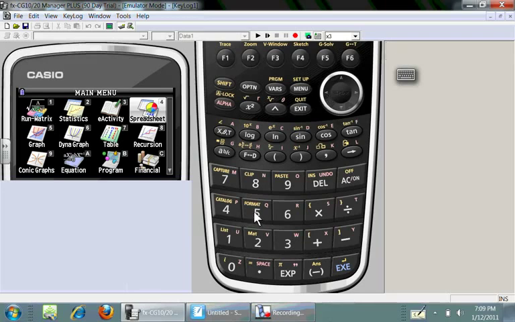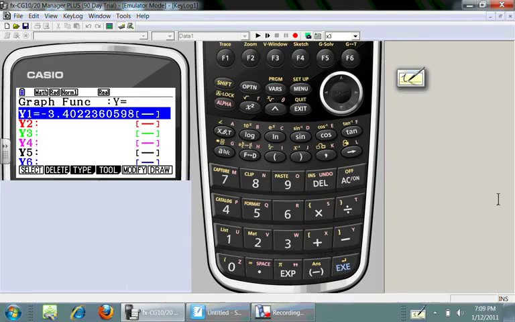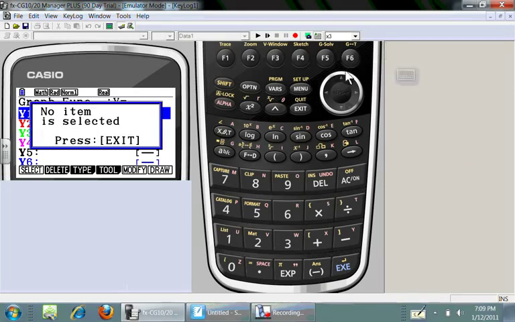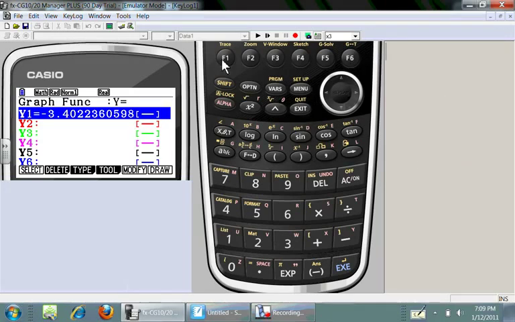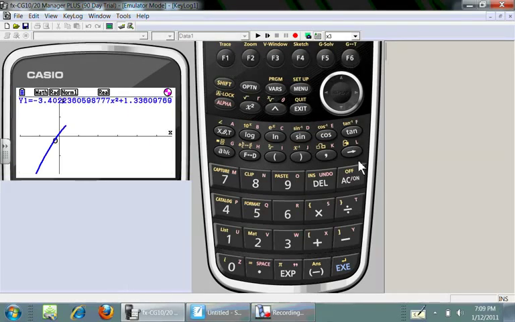This time I'm going to press the number 5 to go to the graph menu. This is a full color graphing calculator, so it will take full advantage of the color. Let me select full color graphs. You see your functions in color.